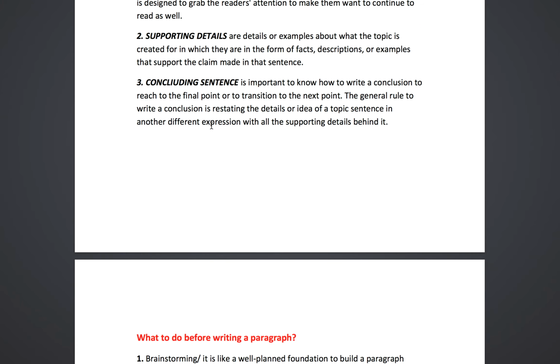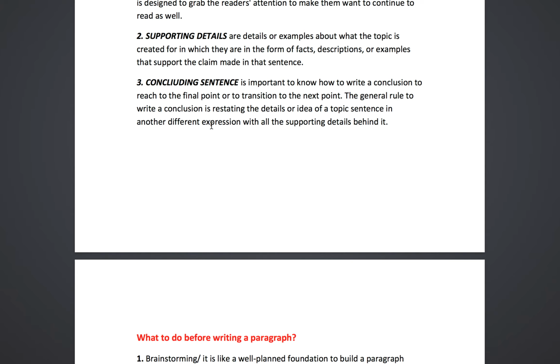The last and third part of a paragraph that we have should be a concluding sentence. When you write something, you talk about it and give details about it, then you have to end the paragraph by writing a concluding sentence. And it's important to know how to write the conclusion to reach the final point or to transition to